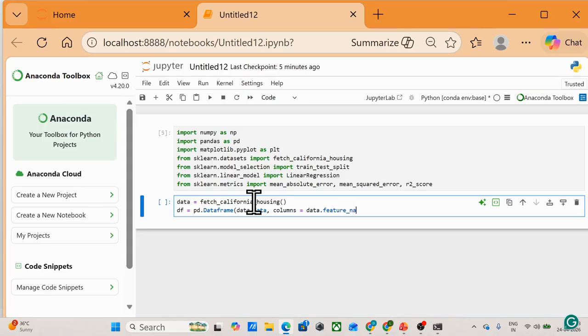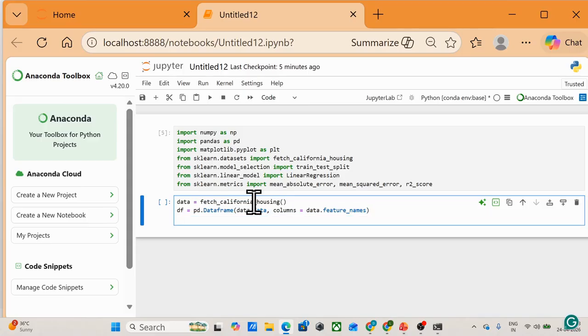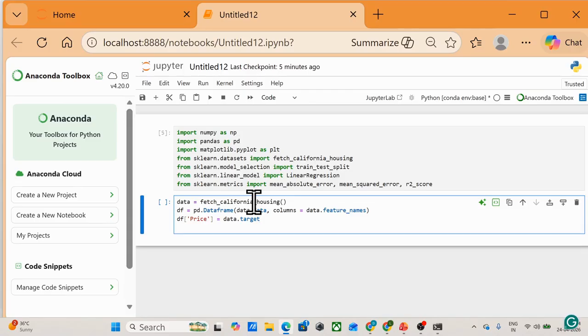Then which is our target column, we'll take that, we'll target the price. Okay, because we are predicting the price here. So we'll target the price, data.target. Okay, and then we'll check our first 5 rows.